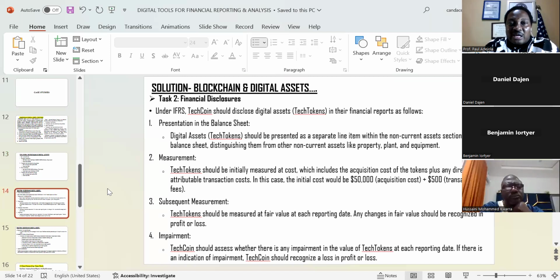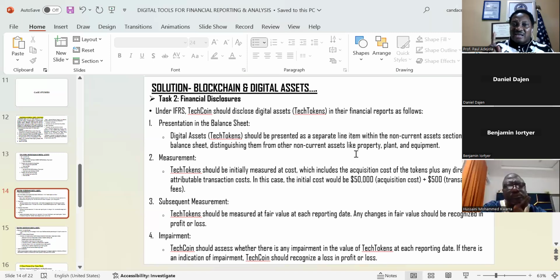Now, solution: blockchain and asset tax 2, financial disclosure. Under IFRS, TechCoin should disclose digital assets in their financial report as follows: presentation in the balance sheet, measurement, subsequent measurement, impairment. Presentation in the balance sheet, or statement of financial position: digital assets should be presented as a separate line item within the non-current assets section, distinguishing them from other non-current assets like property.